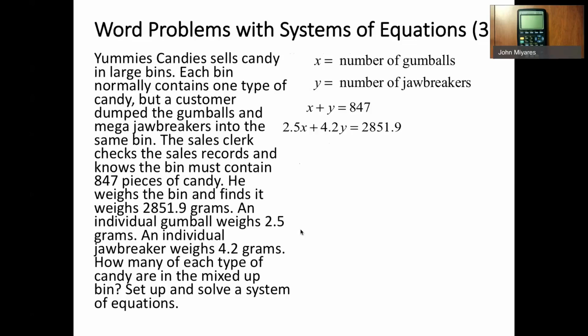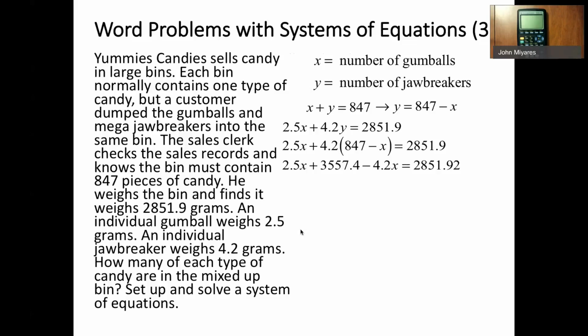This is going to be another good candidate for the substitution method. We can take that top equation and turn it into y equals 847 minus x. Then we can substitute that in for y in the second equation. From here, we'll distribute the 4.2. Then we can combine the terms to get negative 1.7x plus